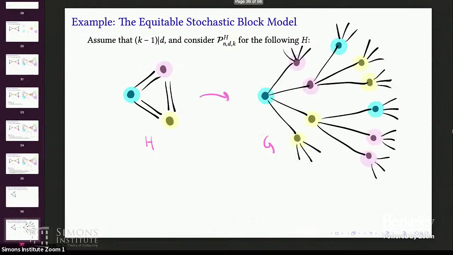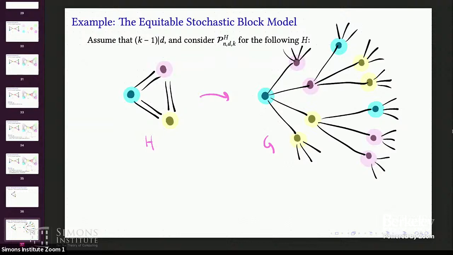Okay. So this, if you take a random lift of this, it goes by another name. In fact, many other names in the literature. It's kind of annoying. The equitable stochastic block model, or the regular stochastic block model, or the whatever. Everyone calls it a different thing. But the property is that each of these vertices that arises from a blue vertex is connected to exactly the same number of all other types of vertices. So it's kind of equitably, whatever. It's equitable, I guess.